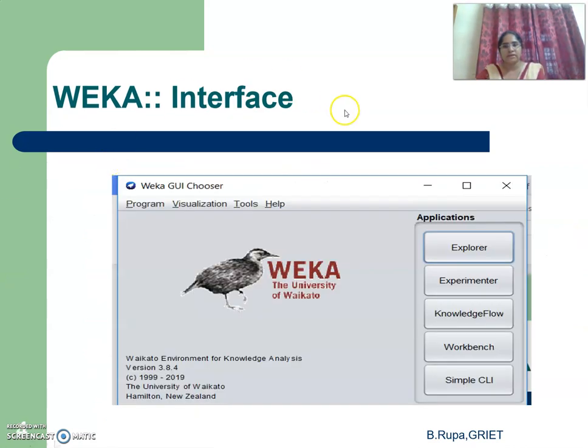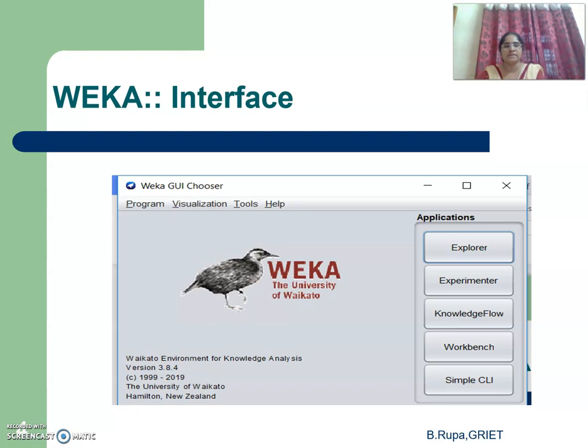We will see the interface for Weka. The interface looks like this. It contains the applications Explorer, Experimenter, Knowledge Flow, Workbench, and Simple CLI. Here the Explorer is an environment for exploring data with Weka. Experimenter is an environment for performing experiments and conducting statistical tests between learning schemes.